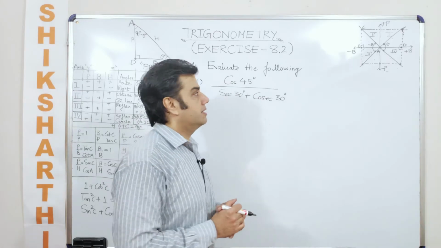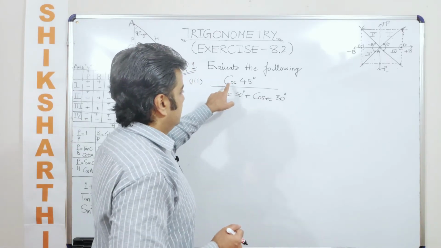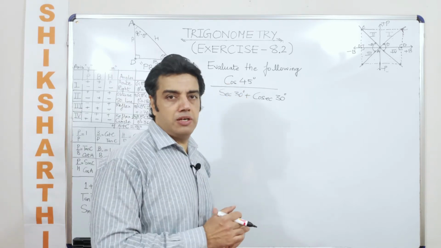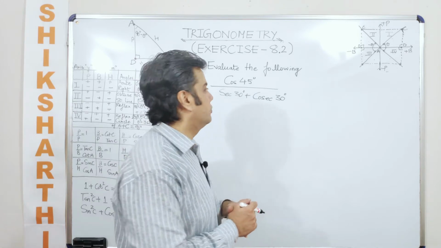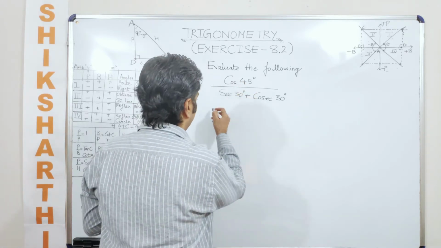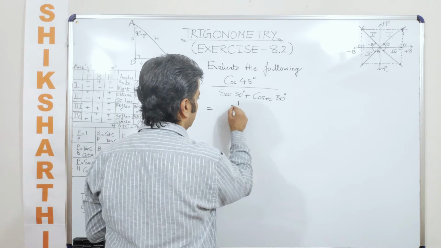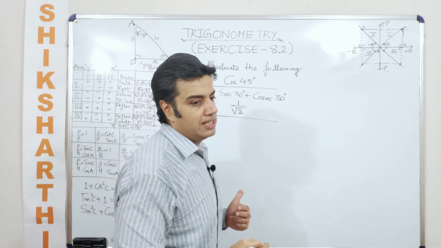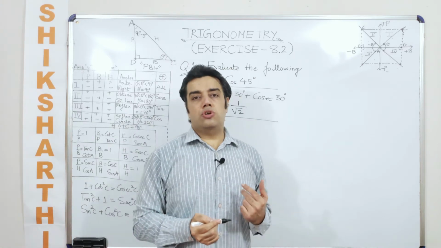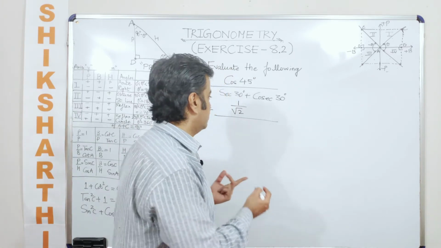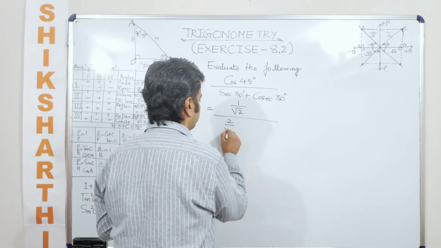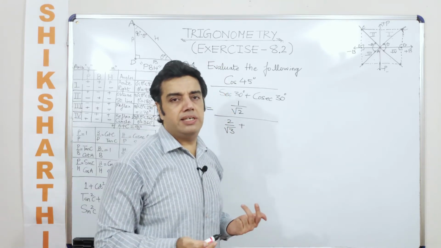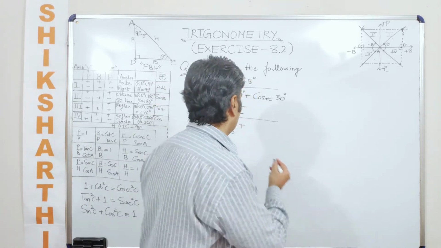So in the third subpart, they are asking you to evaluate this. So they are asking you to calculate the value of these trigonometric ratios along with the help of the mathematical operators, division and addition, that they have given to you. So just substituting the values, can I say cos 45 is 1 by root 2? Yes. How much is sec 30 degrees? Sec 30 is just like saying, let's first find out how much is cos 30. So cos 30 is root 3 by 2. Just the reciprocal of that is 2 by root 3. Plus cosec 30. So how much is sin 30? Sin 30 is 1 by 2, just the reciprocal of that.